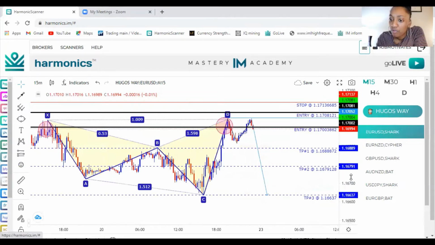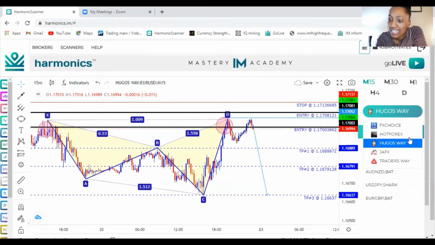And as you see, if you go on your right-hand side and you click right here, there are different brokers. There's FX Choice, Hot Forex, Hugo's Way, JFX, Trader's Way. I have Hugo's Way as my broker, so I typically use Hugo's Way, but it honestly does not matter. You can use any broker. I just like to use Hugo's Way so I can get the exact move. But you can click any